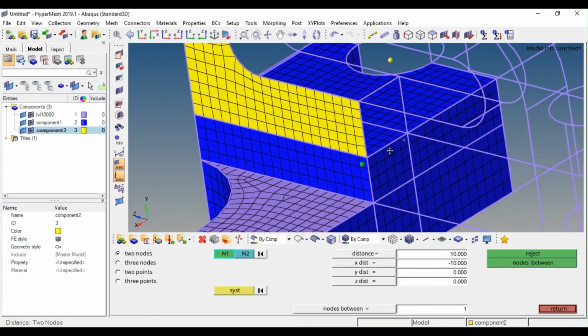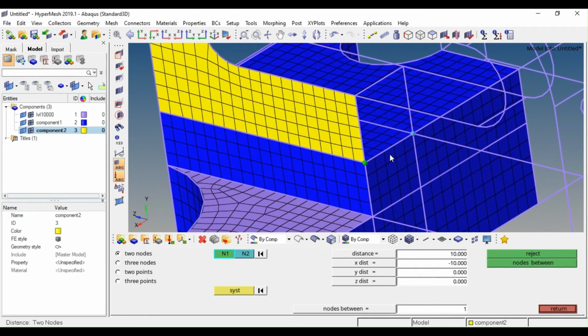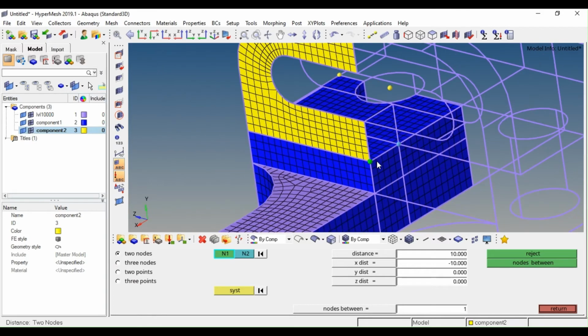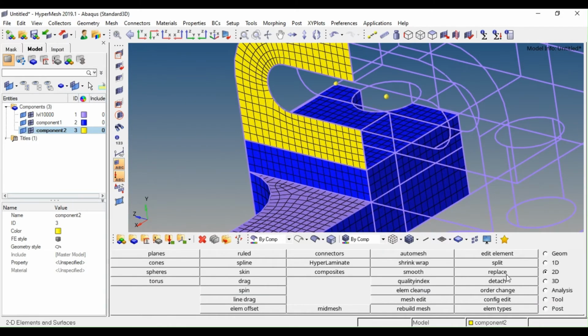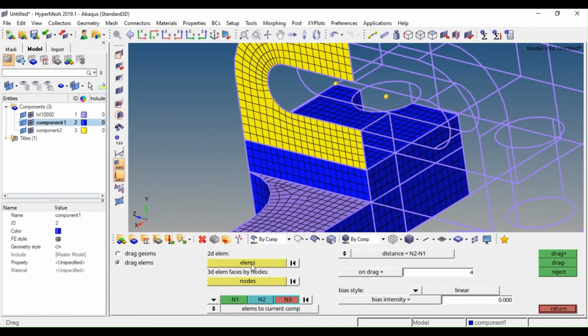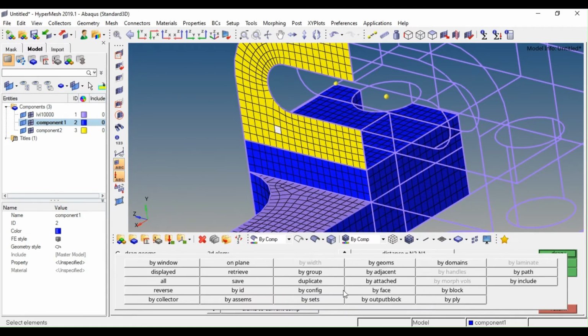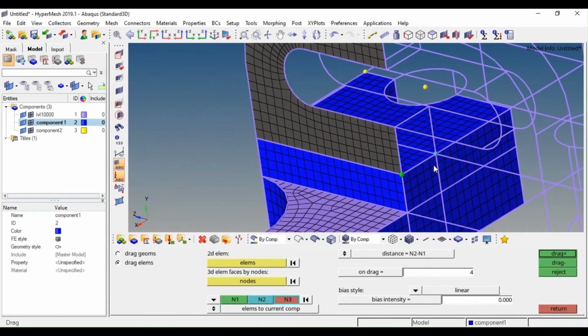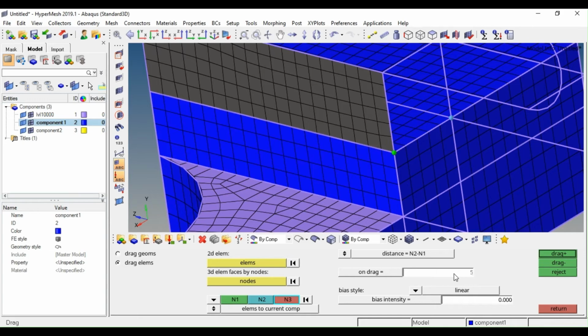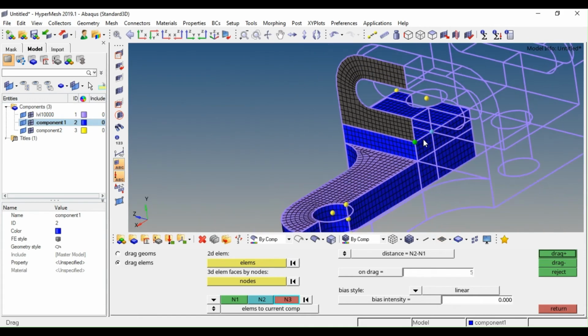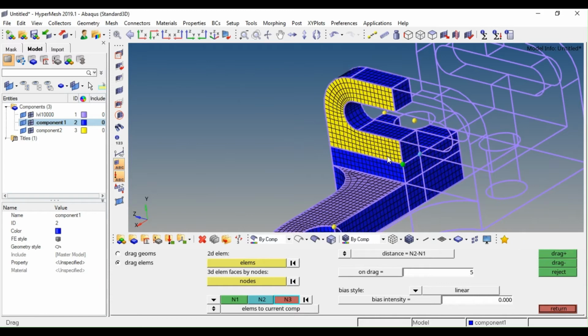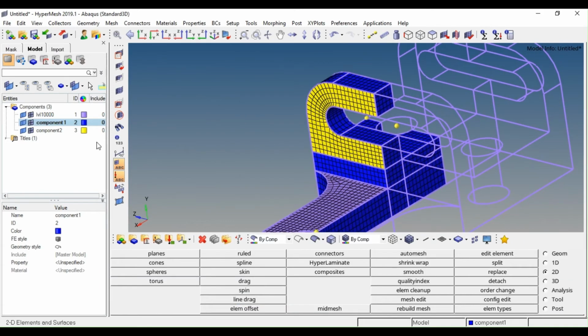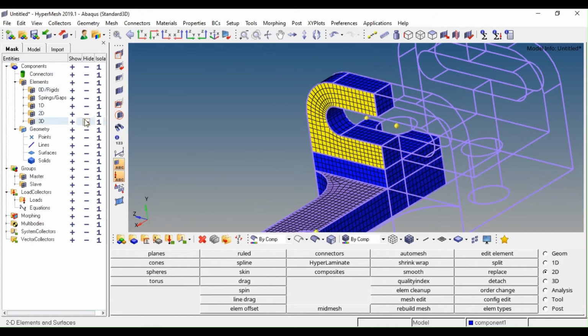It happens to be 10 mm, and there are 5 rows of hex mesh. So I'll go on here and make sure this current collector is component 1, and drag. I will choose these elements by face, and then n1 is this one, n2 is this one, and 5 elements I need in this direction. So just press drag plus. That's it. Now I will switch off my 2D mesh,